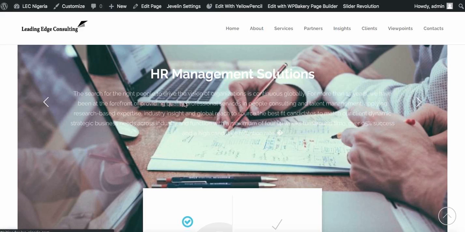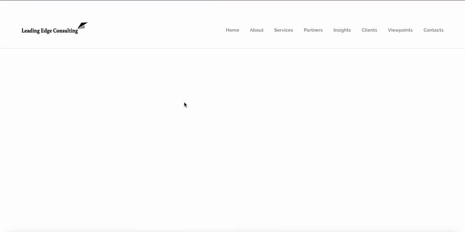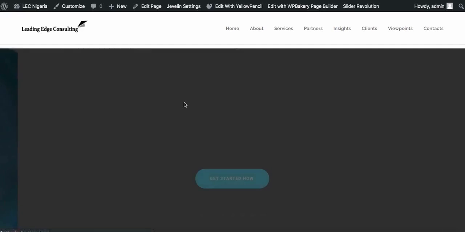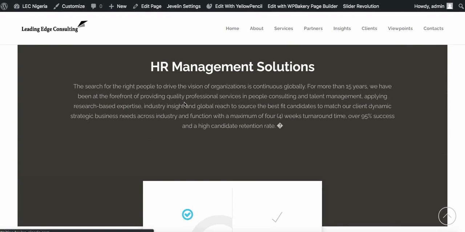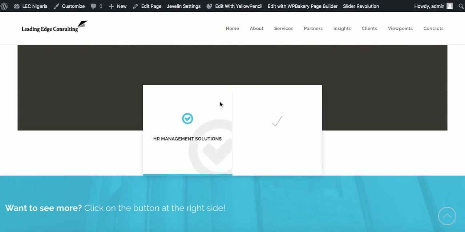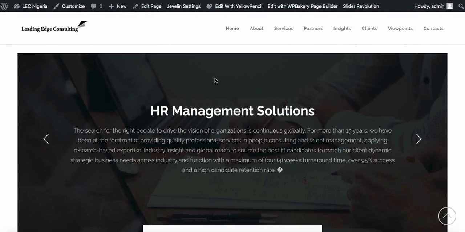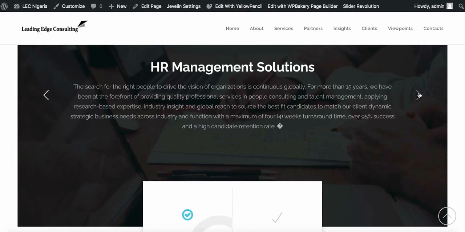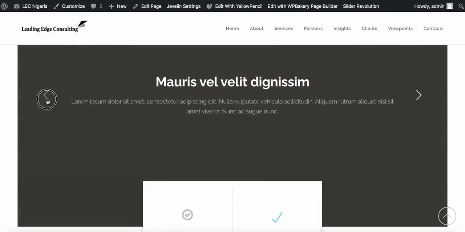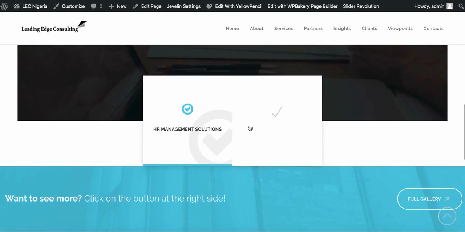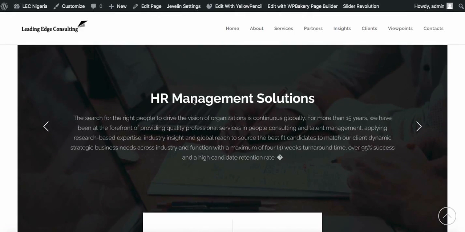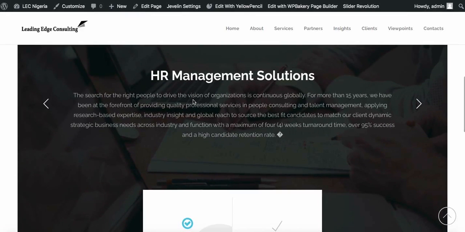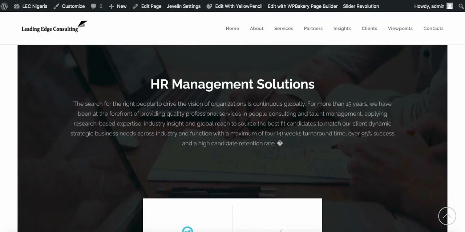So I'm going to refresh this and hopefully it comes out nicer. Loading. Okay, HR management solutions. The image behind is still loading, so let's wait for that to load up and see how it looks. Okay, so that's it, HR management solutions. And then of course you could click to move to the next one, which is really fast. It doesn't have to load up again. And you could also change it from here. Now I'll show you different ways we can achieve this, but for now let's stick with this